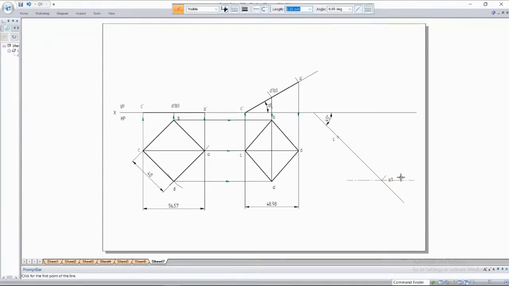Let me place A here, A1 here. Then let me write down here: locus of A.